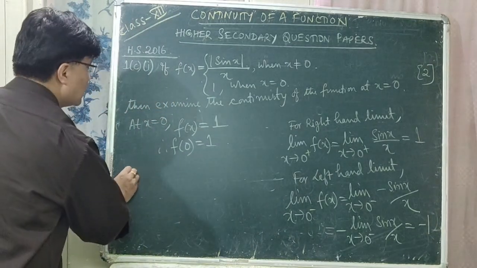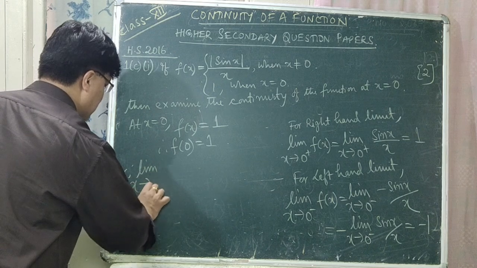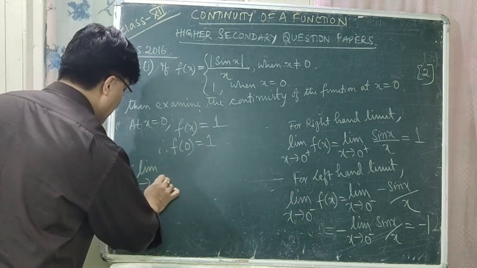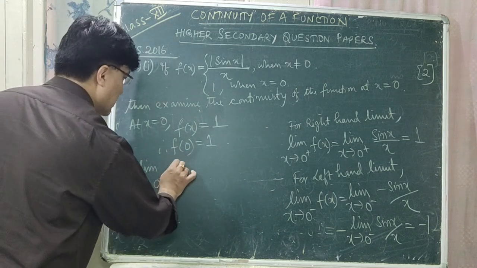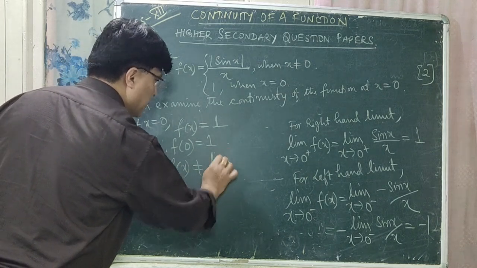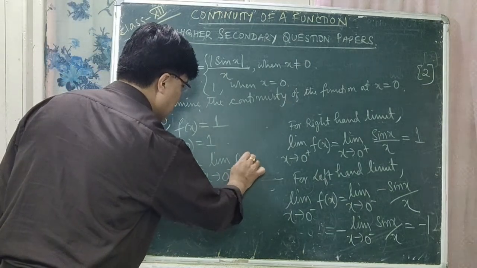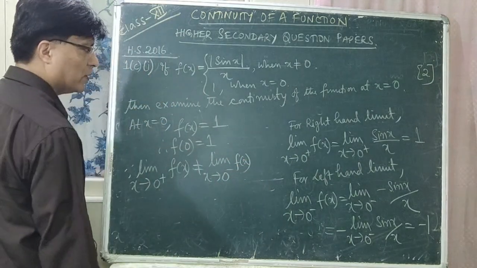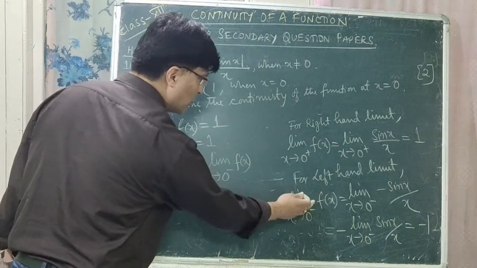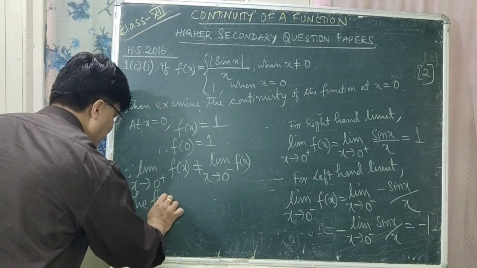So write down, since limit x tends to 0 plus f of x is not equal to limit x tends to 0 minus f of x. Okay, since right hand limit is not equal to left hand limit, therefore the function f of x